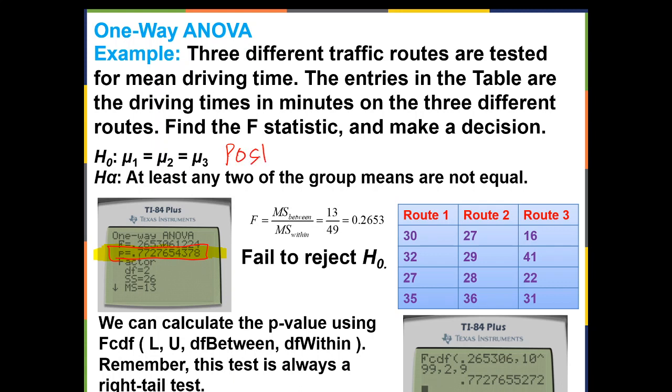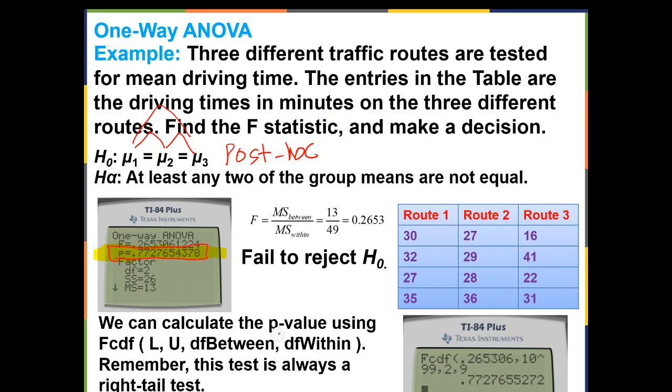If you want to figure out which one is different, you have to do another test. It's called post hoc. Post hoc means afterwards. So it basically means after you find out that there is a difference, you can do them pairwise. So compare these two, and compare these two, with the test in chapter 10 to figure out which one is the different one, right? All right, so